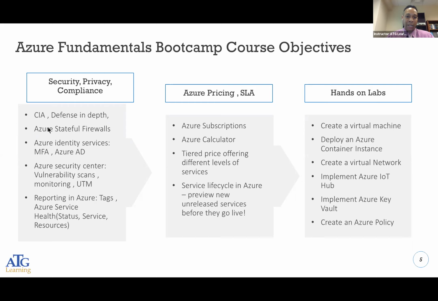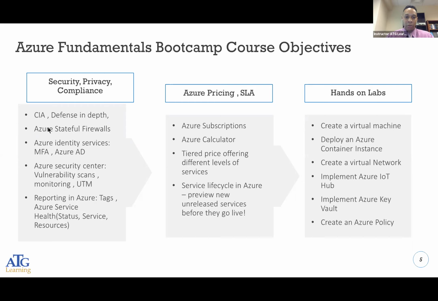And Azure service health, status, service, resources. These are ways that we can get health reports, or what we can call a health check. I'm going to send an SNMP or some type of polling or heartbeat sensor to a machine. If I don't get a reply back, then the status of that machine could be that it's down. If I do get a reply back, the status is that it's up and healthy. So I want some way to send these health checks to check the status of the service. What service am I offering to the client? Maybe email. Is the email service up? I want some type of health check to monitor that service.